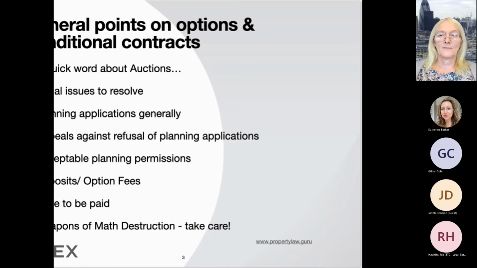Now, as often happens, the builder might put the application in and the council may say, well, yeah, in principle, we don't really mind, but we don't really like this particular type of house. We don't like this particular type of this, that, and the other. Would you like to amend it? And of course, the builder may need to get the approval of the seller. Now, this applies to conditional contracts as well. Does the seller need to approve any variations or resubmissions that are made?